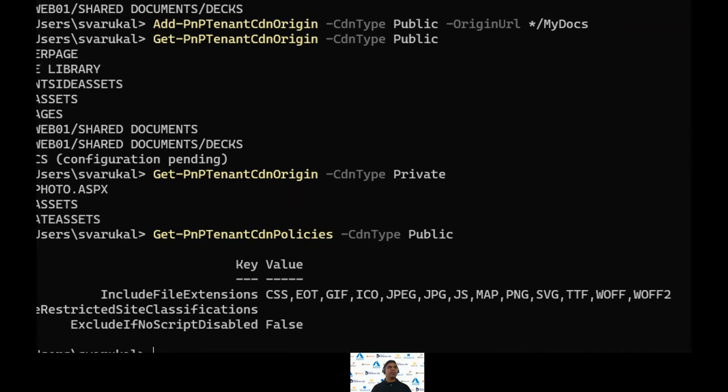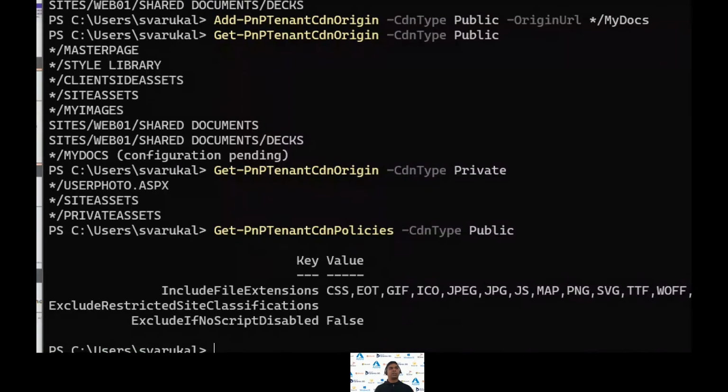The second one is called exclude restricted site classifications, which means you can create a policy so that your confidential sites or secret sites do not support CDN locations. The third one is whether you want to enable CDN on the sites where no script is enabled or not.